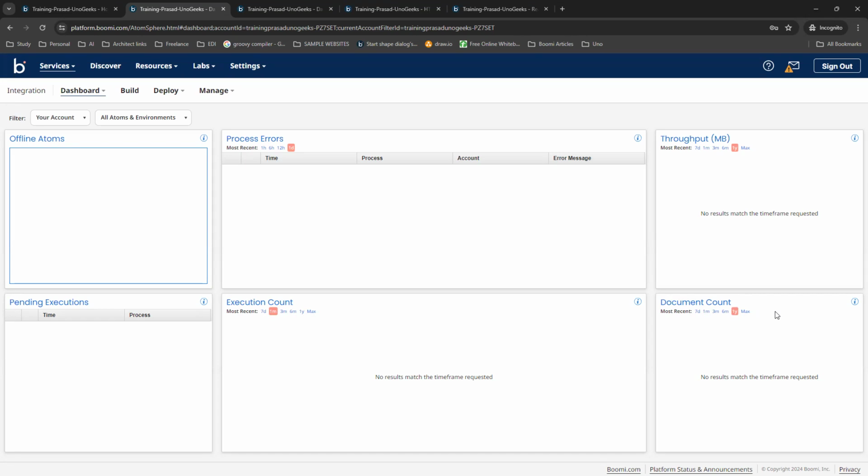So from an account level perspective, from a management perspective, these are the numbers which come into the picture at times. Some stakeholders ask, okay, how many documents have you processed in the past year or month? That's when this comes into the picture. Execution count and throughput are very critical, and